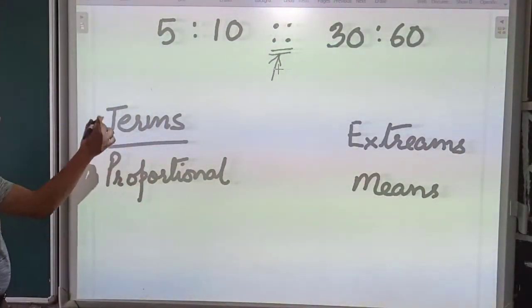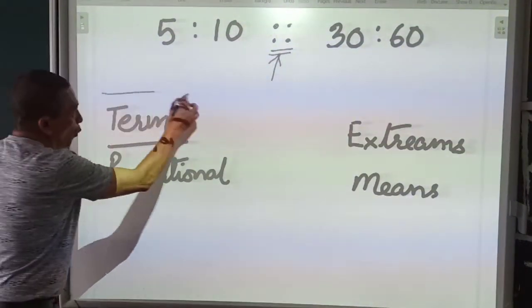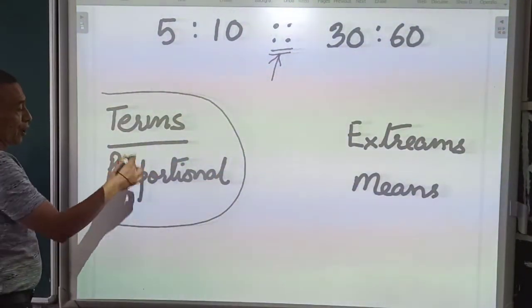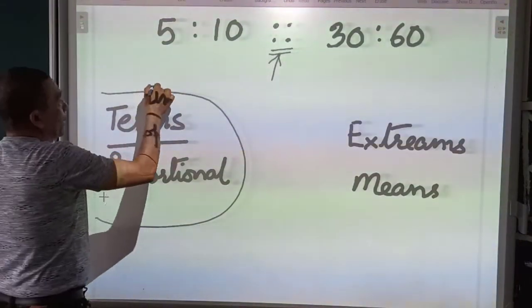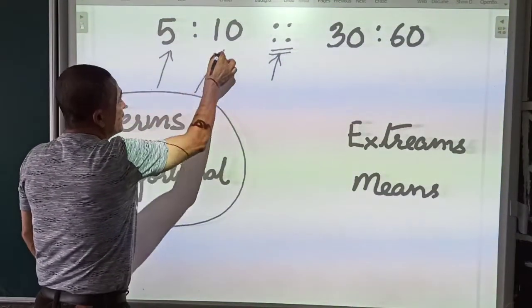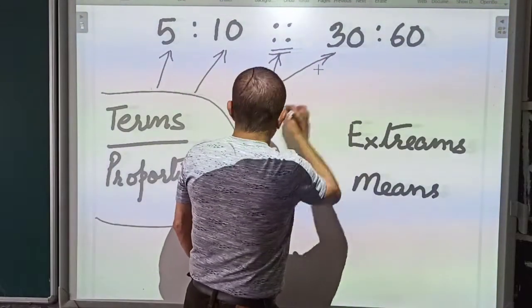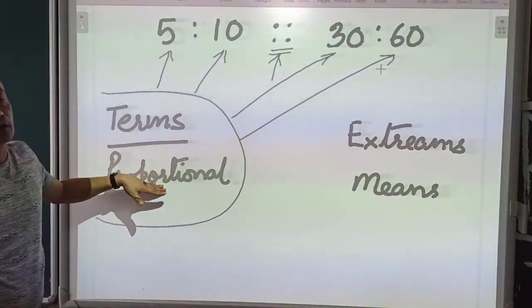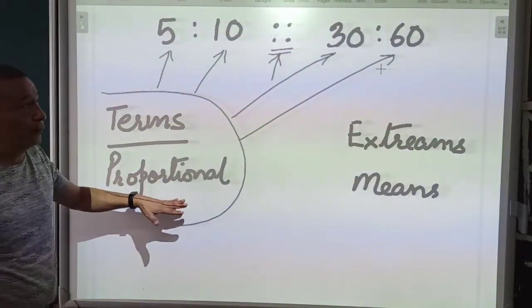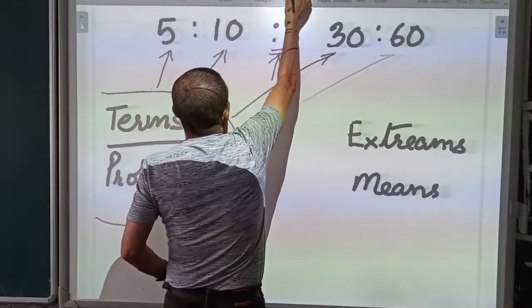Now there are a few things I have written here. What are terms? Each of these, 5, 10, 30 and 60, are considered to be terms, or they are also considered to be proportionals. Now on the right hand side,